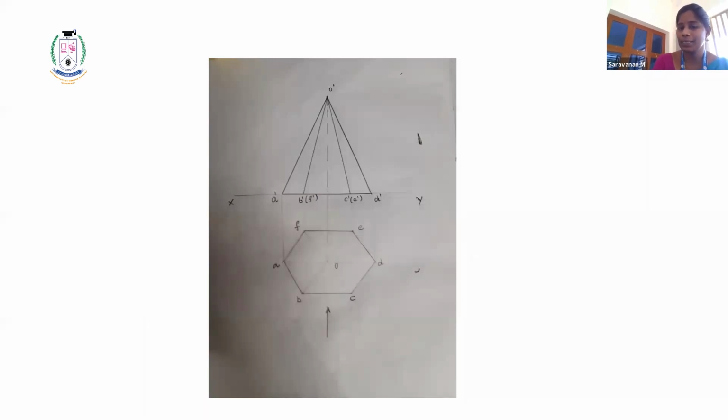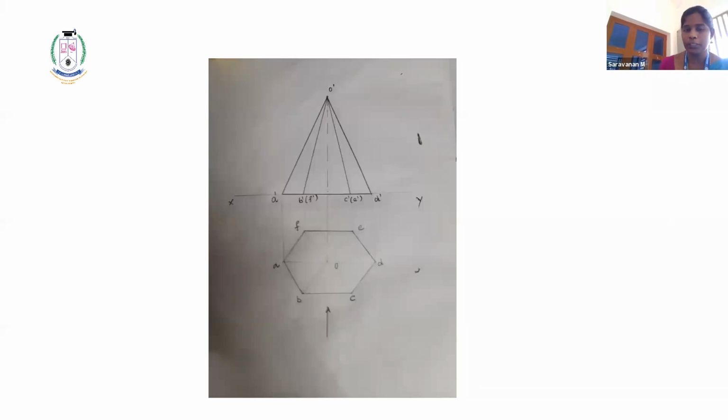The base side refers to B and C, the corners B and C. So we are keeping it like that. The base side is parallel to XY, which is parallel to the vertical plane. So first draw the simple projection. Mark the points A, B, C, D, E, F. Connect all the points to the center O. From the point O, first draw the axis line for the given height. Then mark all the projection points. So this is a simple projection.